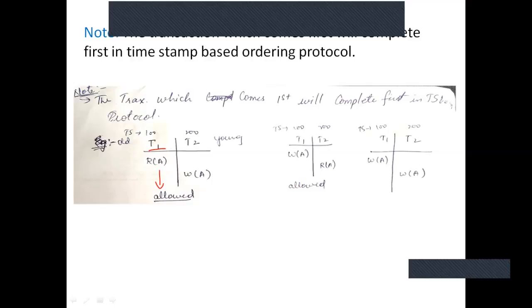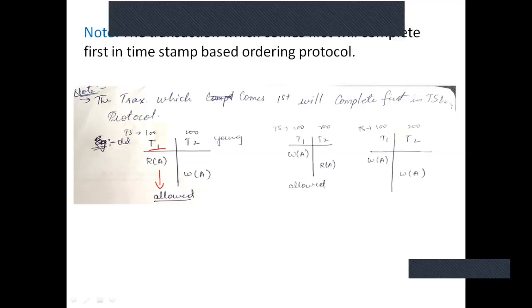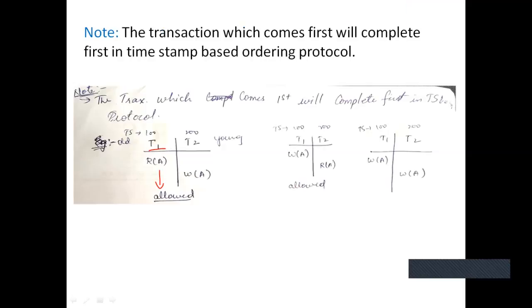Now come to the next transaction. You can see here a read write, there is a conflict. Let us come to conflicts. What we have gone through in class, what are the different conflicts? With read you have a write conflict, and for write you have write read and write write conflict. So you have three conflicts: read write, write read, and write write. Read read is never a conflict. Read read can be done by any number of transactions, reading can be shared with n number of transactions.